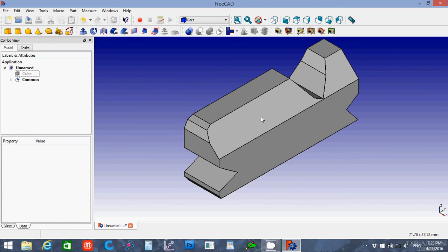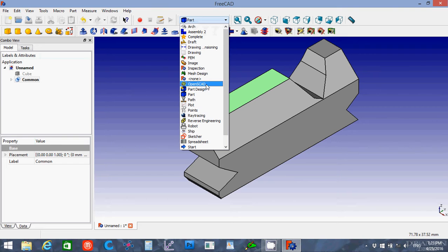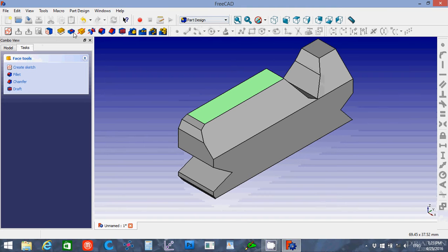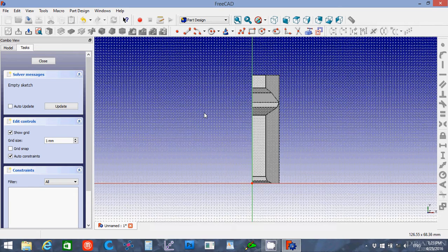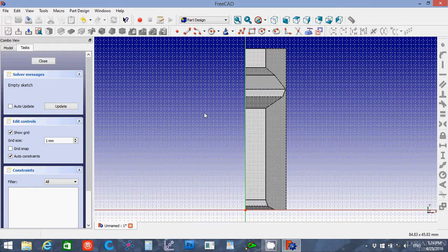and then what we're going to do is click on this top here. We'll go back over to part design, and we're going to create a new sketch. Out a little. And